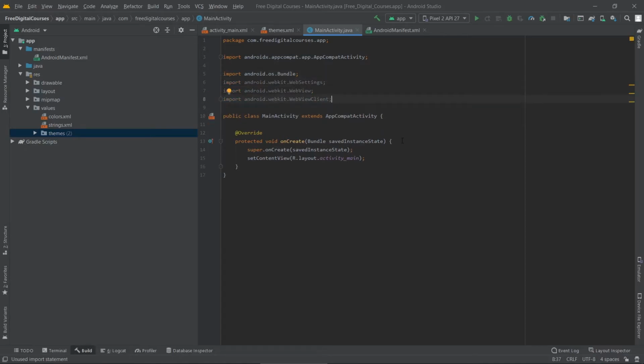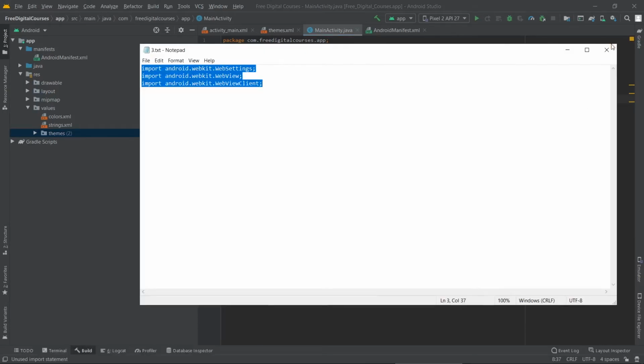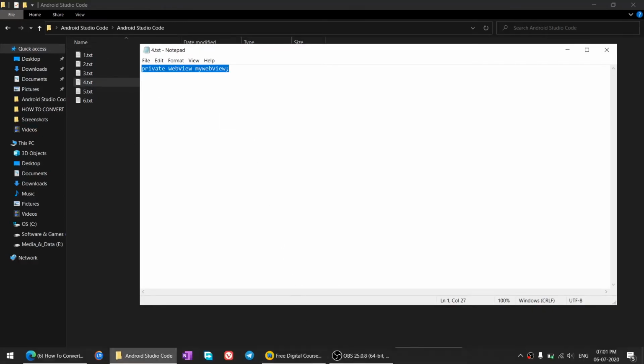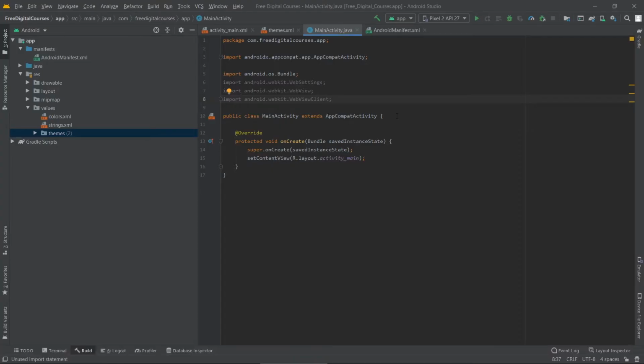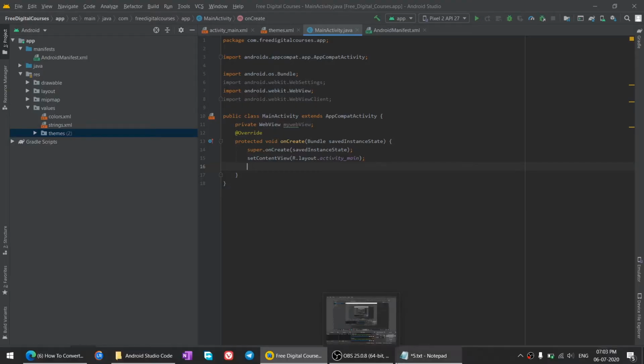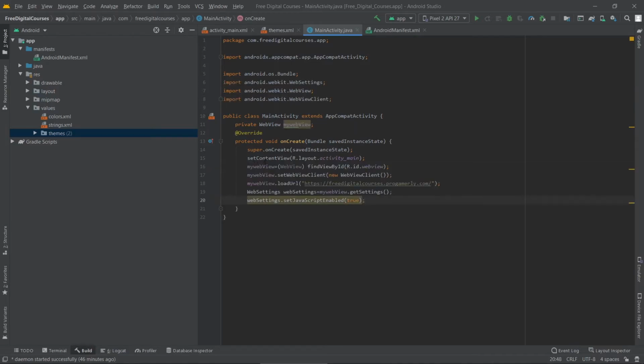And after that, let's open the fourth code here. Let's close the third one, copy this, Control A, Control C, go back to the file and paste it under public class code. After that, close the fourth one and go to the fifth one. Copy the fifth code from here and paste it under set content view and before the two curly braces.